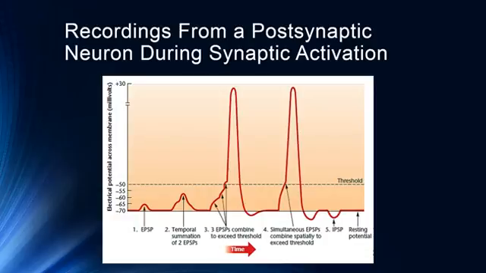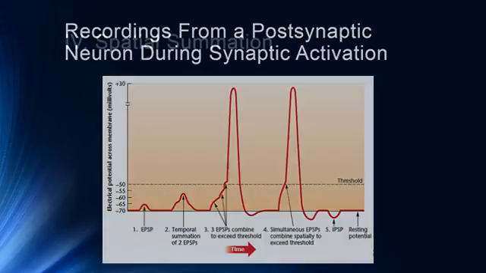Whereas in the third, we get 3 EPSPs that combine, and that then exceeds the threshold. You can see that an EPSP sort of is diffuse over time, and so while it hasn't worn off yet, if another EPSP arrives, it's going to push that neuron further up and further up until we cross the threshold of excitation. Whereas when we get to 4, we get simultaneous EPSPs that combine spatially all at once to exceed the threshold. And similarly, then we can get IPSPs, which we'll talk about here in a minute, which are inhibitory